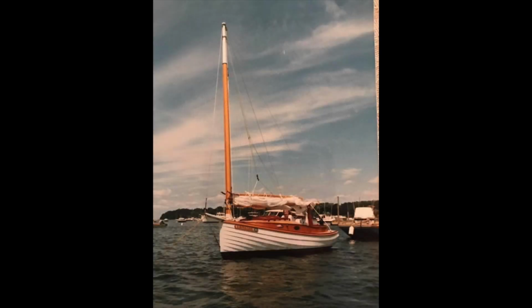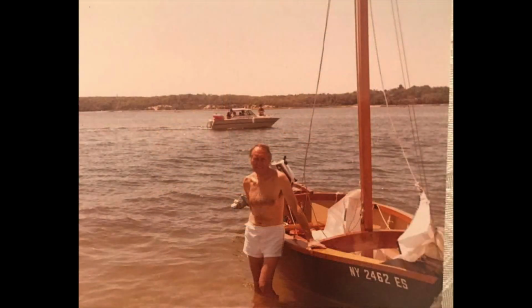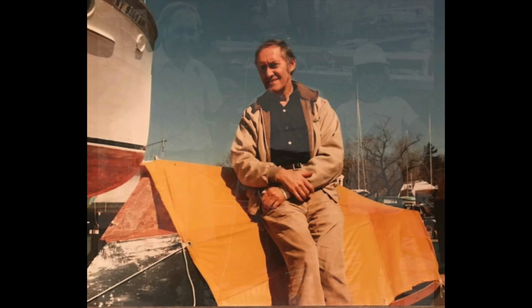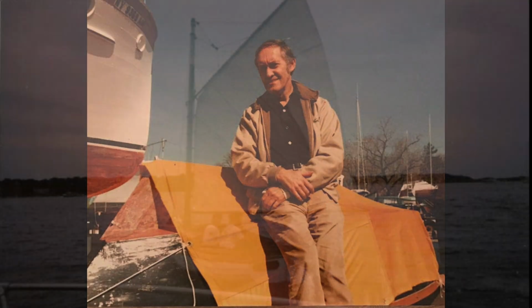As a child growing up on Long Island, with a father who loved sailing, who especially loved wooden sailboats, even building one that I was there for the launching of at Setauket Harbor at the age of just 14, I guess it would be natural that it rubbed off on me in some way. My father has been gone for almost 30 years, and I haven't sailed for more than that, but when I